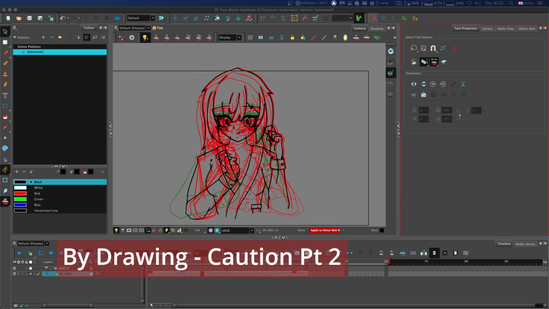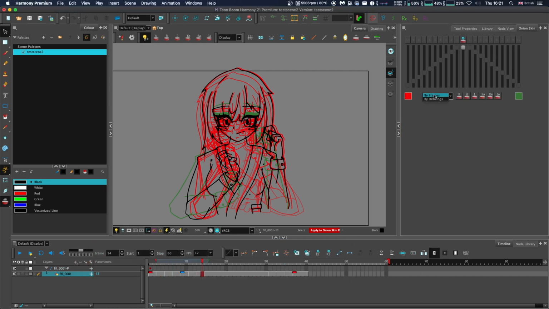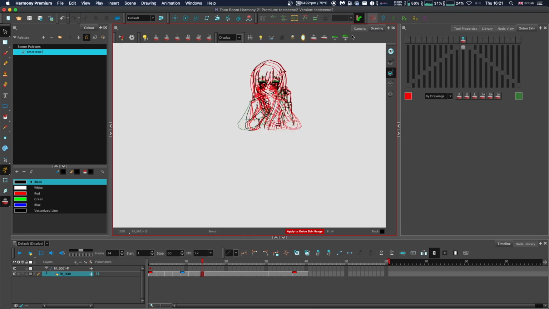Finally, in regards to the standard onion skin mode, if you set this drop down to by drawings and are on the standard onion skin mode, it will no longer show you the handles to modify your onion skin via. You can still use your buttons within the camera view or the drawing view toolbars to be able to show and hide the previous frames. If you ever see your handles disappear, make sure to check this option first. This will show and hide the handles if you're on the traditional onion skin mode. That being said, it is an option you can use.